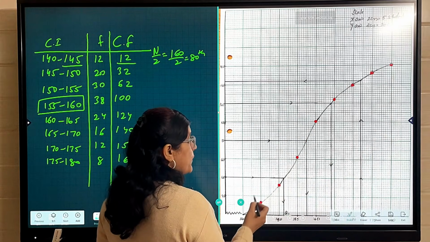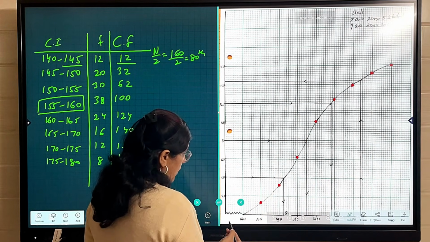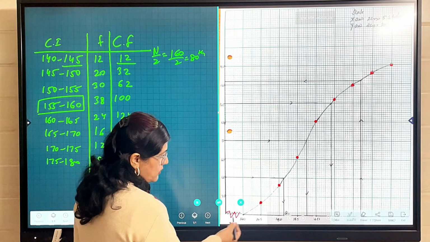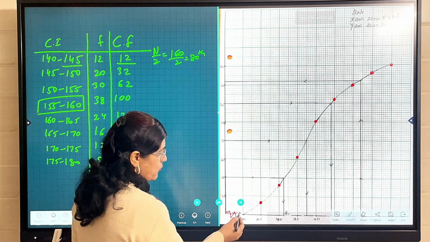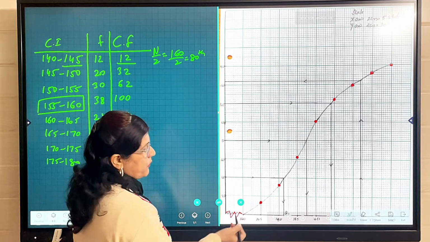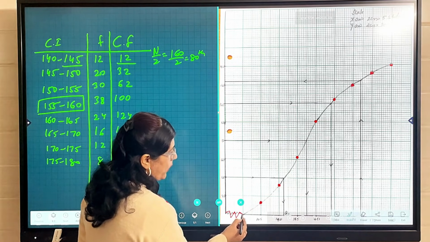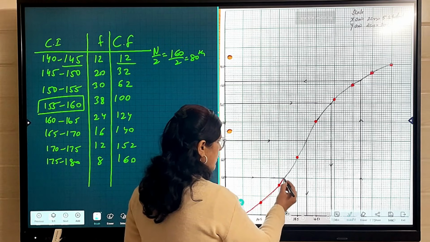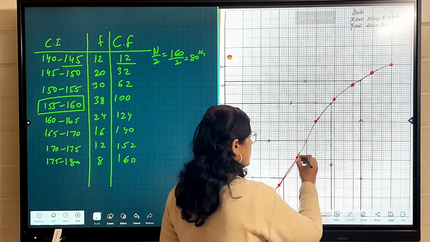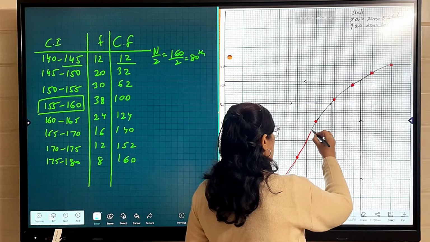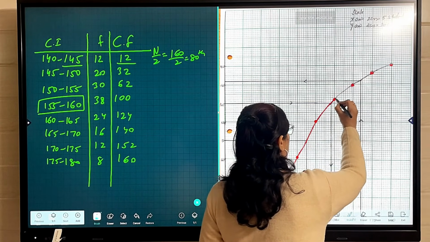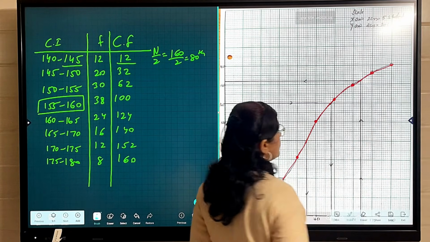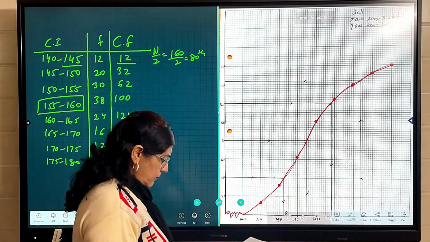Then we have to freehand join all these points, and remember here we have to show a kink, because data is not starting from 0, it is starting from 140. We have to draw a kink, and from the point 140 itself we have to start drawing the graph. x-axis से ही we have to touch it. So freehand you can draw, थोड़ा सा line इधर उधर जाएगा, उसके लिए you need not be afraid. और वैल्यू में भी अगर 0.2 में आपका डिफरेंस आता है तो it doesn't matter hardly, you will get the full marks. So this is our ogive.